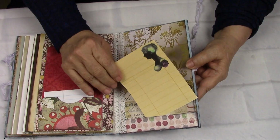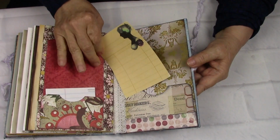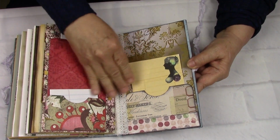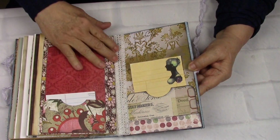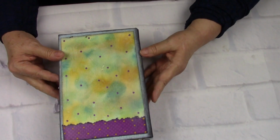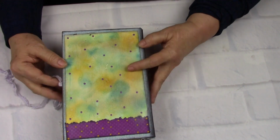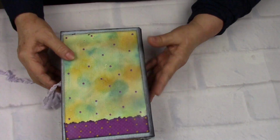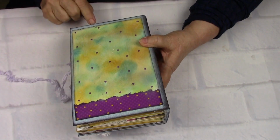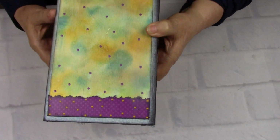And then here is another double pocket back here in the back, and another Jane Austen library looking card. Tim Holtz again. And naturally I have the 100% cotton crocheted lace there. And then in the back, you've seen that. It's my hand painted watercolor paper. And again, the pocket. And the fabric is like a calico fabric, a little light blue, baby blue print that's been aged. It's really a